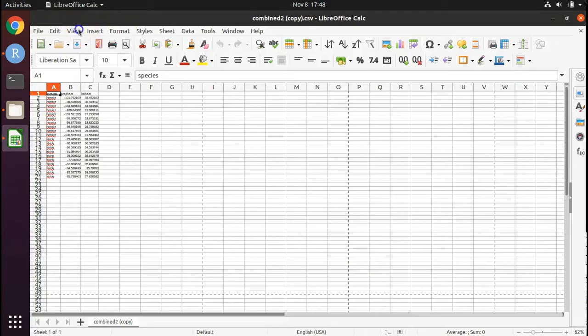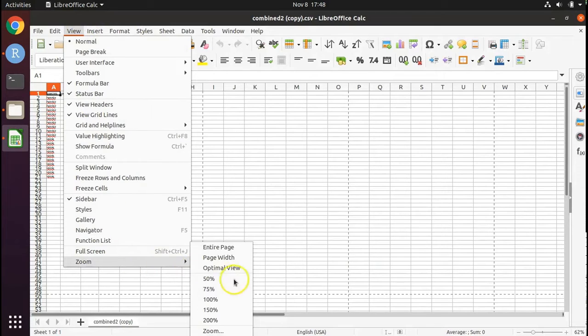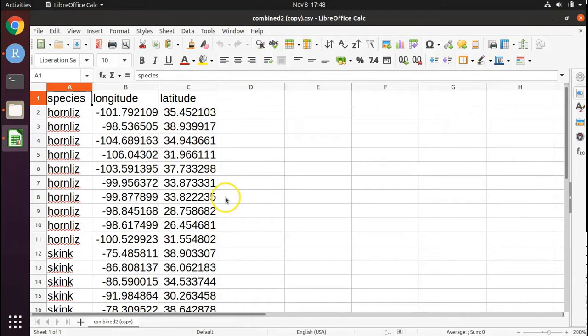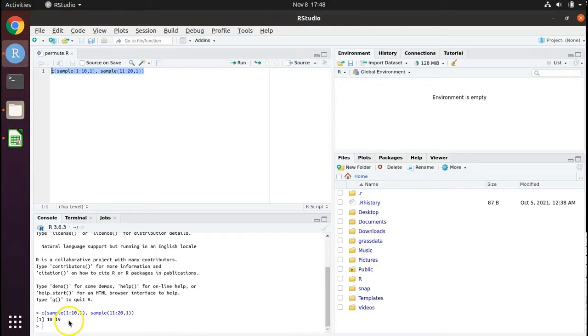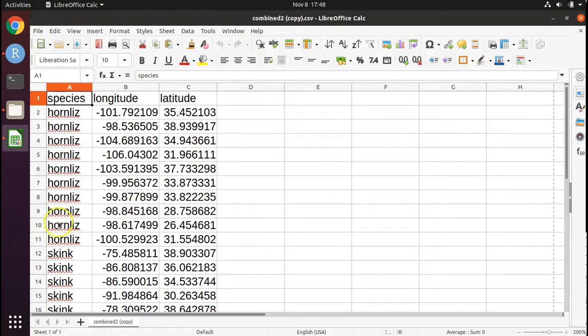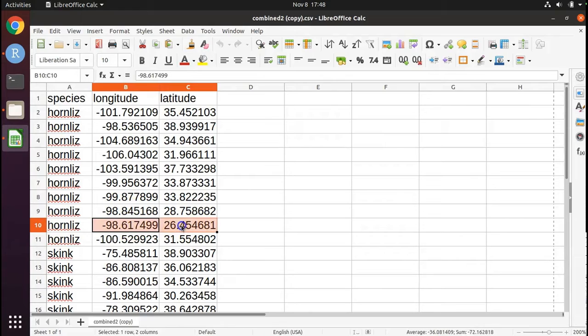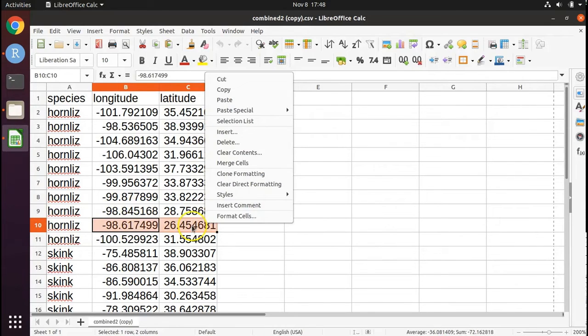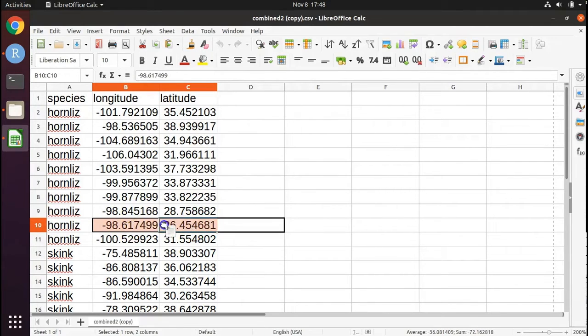That is really hard to read, so I'm going to do View, Zoom, 200%. That's much better. Now I will go back to look at RStudio. In RStudio, the random numbers chosen for me were 10 and 19. Going back to LibreOffice Calc, here is row 10 of the horned lizard. I'm going to take the data here and I'm going to highlight it, both columns,